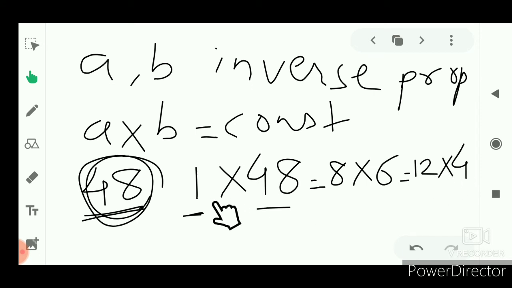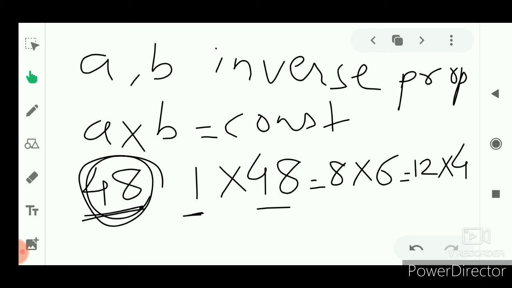And if we take the multiplication, that is 1 into 48, that will be equal to 48, that will be equal to constant. 8 into 6 that is 48, 12 into 4 that is equal to 48. It means that यहाँ पे constant जो term होगी, constant term वो होंगी दो वेरिएबल जो इन्वर्सली प्रोपोर्शन में है